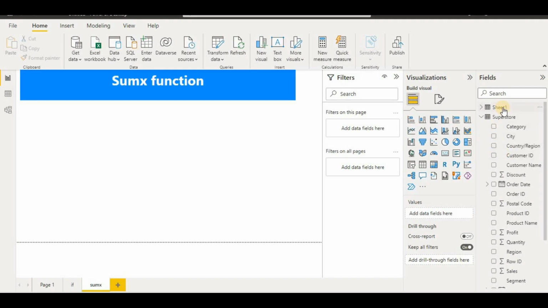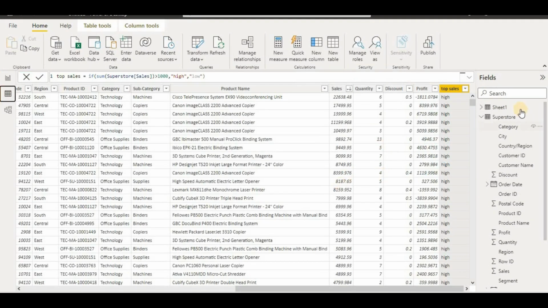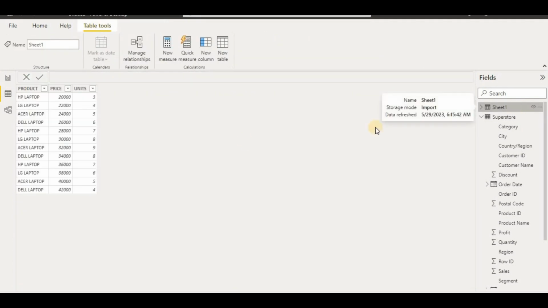What I have done here is, I have a sheet here. If you go to this sheet and see the data, we have product, price and unit. If you want to know about the sales, we have to add a new column, and then we can do a calculate function, then we can find out the total sales. But here the process is that we can do it with the SUMX function without adding a column, just with a measure. So I will click on new measure,